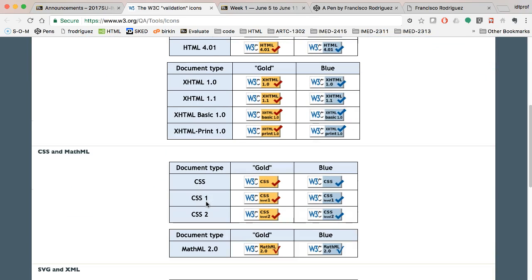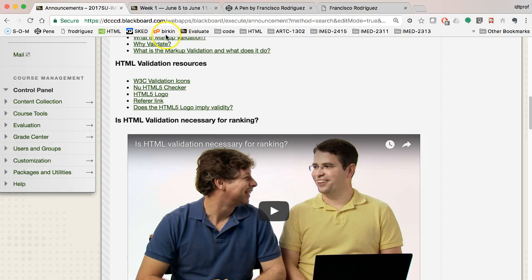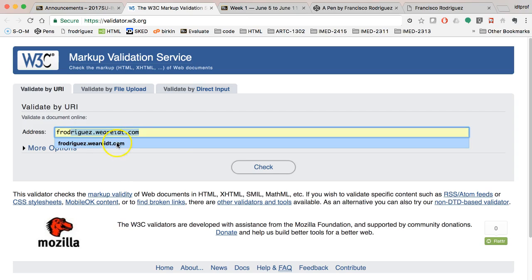However, you can still get the page validated on HTML5. We just don't have an official way of doing it. So what we're going to do for this class, first of all, is check the page. New HTML5 checker will take you to the validator at W3. This is simple enough to check, validate by URI, and I can just type in my page since it's already been published,